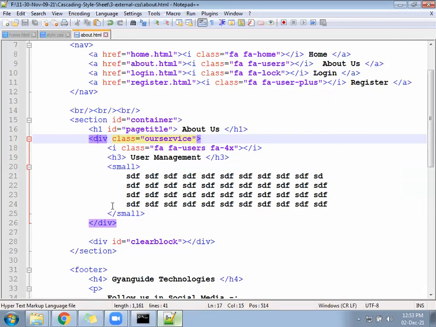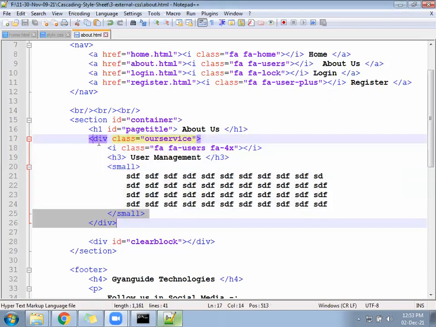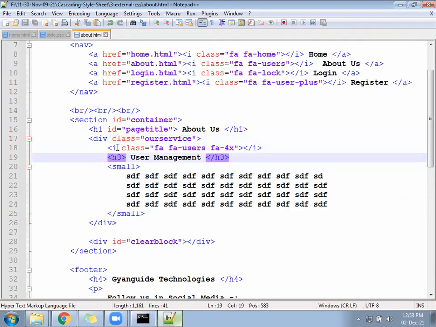So hope we have written. After that, we can go next. We can write a class called our service. Then H3 we have, a small tag we have, icon we have. We will manage that with some CSS, and all will appear one after the other. See, the I tag we have written is inline, so it will come in the first line.